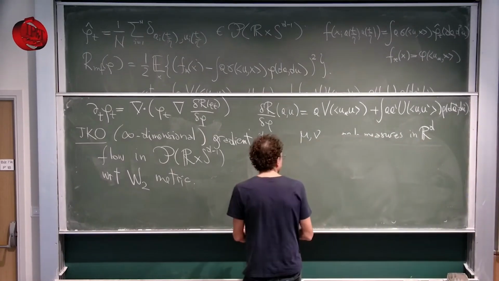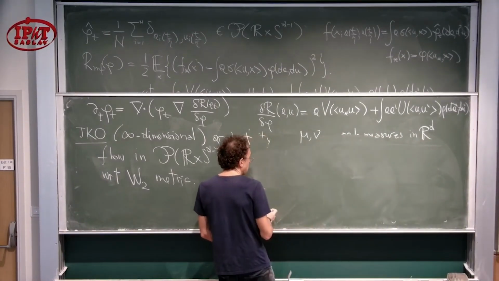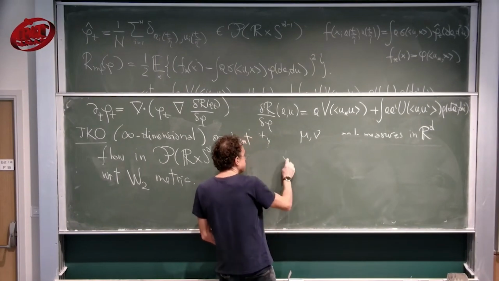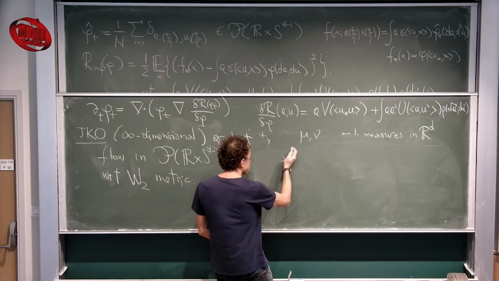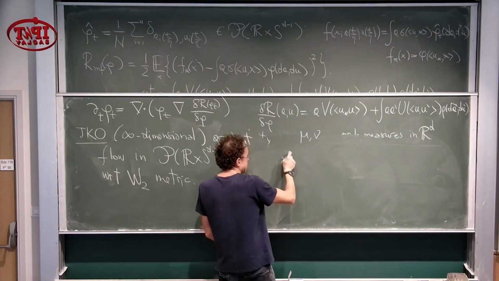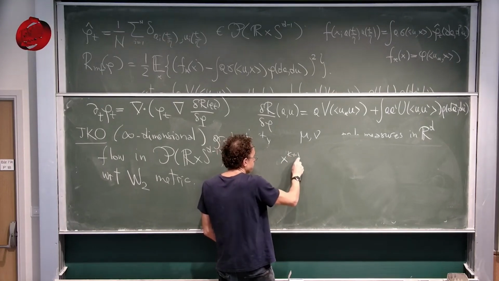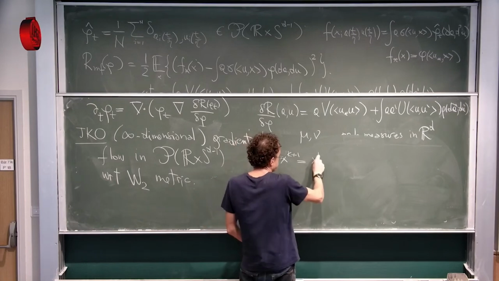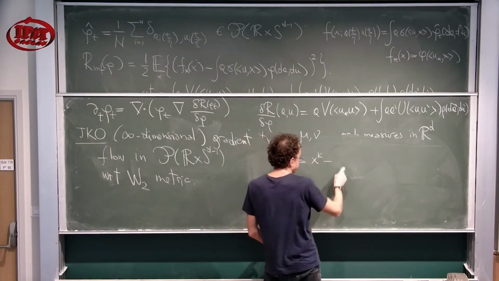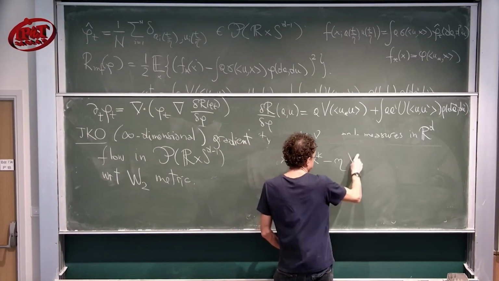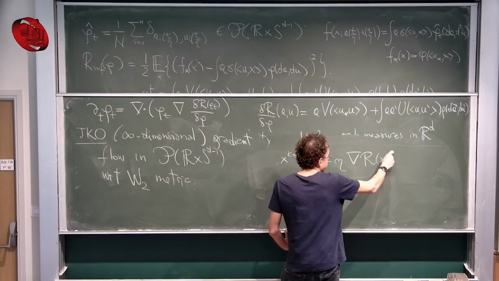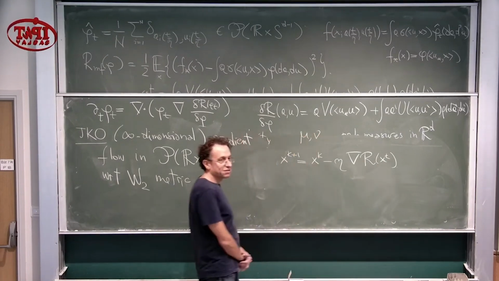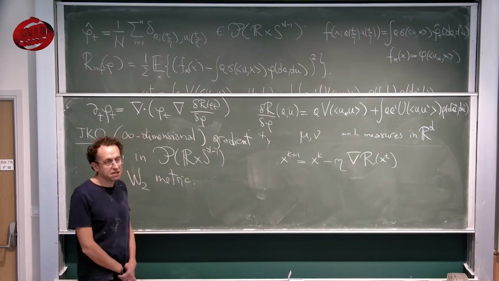So, gradient flow. Well, let's think of gradient descent. How do we define gradient descent? We define it like this. Let's say that we have always been calling our objective R, so let me call it R. So this is gradient descent.